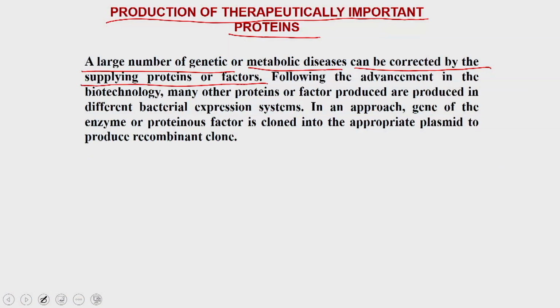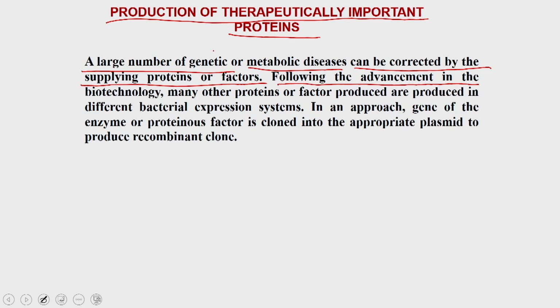What will happen is, when you do not have any of these conditions, for example, because of a genetic disease or because of the absence of an enzyme in a metabolic reaction, you are going to start developing metabolic diseases or non-metabolic diseases. So, what will happen if you want to correct this? You have to use biotechnology principles, and you will be able to provide these factors.